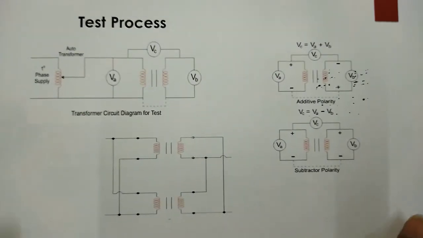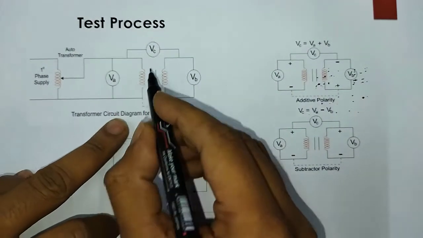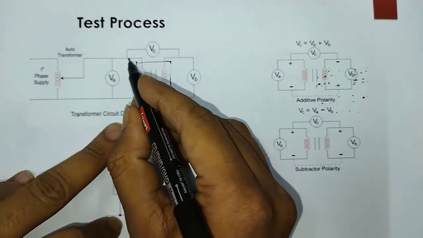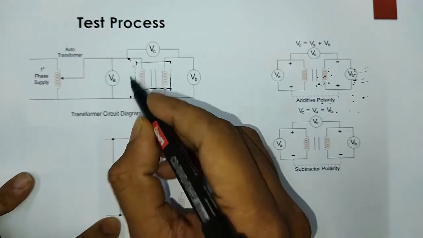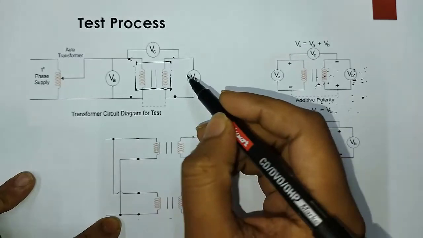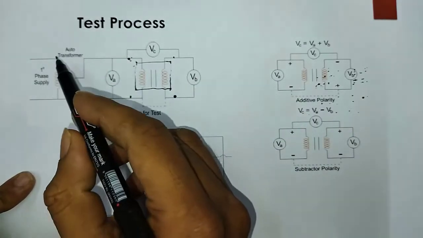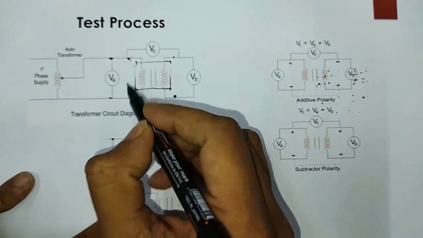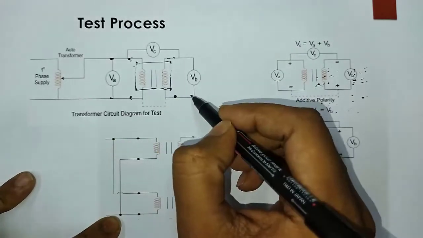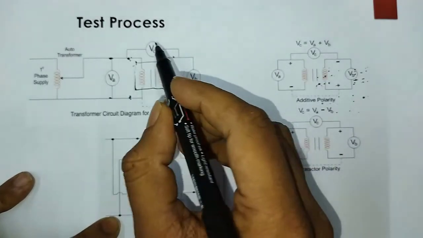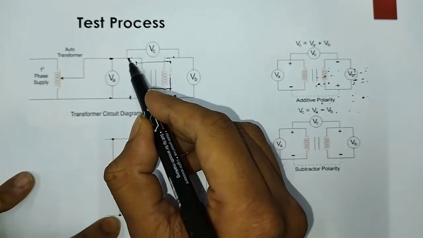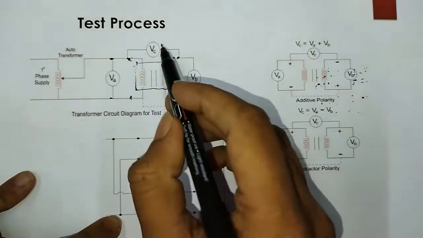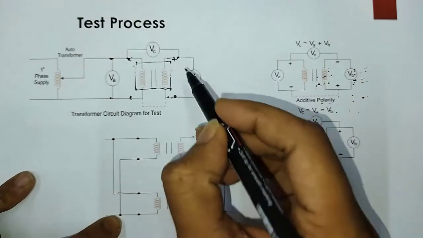The correct way of finding the polarity is, suppose this is a transformer. These two are the primary side terminals and these two are the secondary terminals. You have to connect an external supply to the primary side, and add a voltmeter in parallel with the input terminals, another voltmeter directly to the secondary side, and a third voltmeter connected between the primary and the secondary. Now you have to note down these three voltmeter readings. With these readings, you can find out which terminal is plus and which terminal is minus.